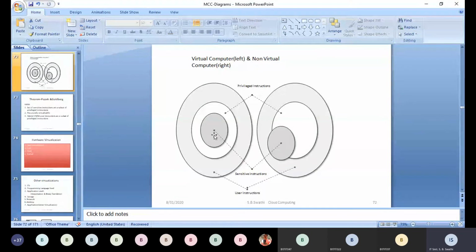So if the architecture is at this level, there is a clear separation between the OS level work, the VMM, as well as the user instructions. The general applications which the user wants to execute without using VMM, other general applications which are not built on cloud. So there is a clear separation between these three types of instructions or functionalities. If there is a clear separation, we can easily build a virtual computer. So this first one is a virtual computer.